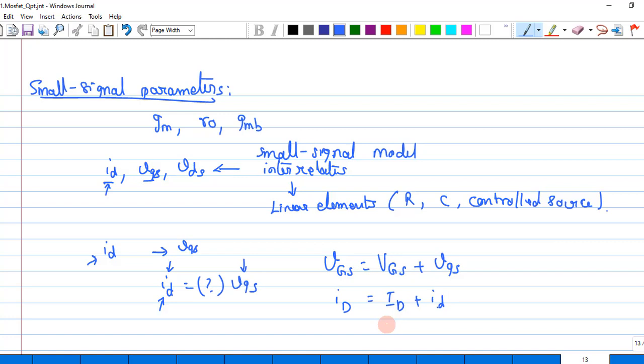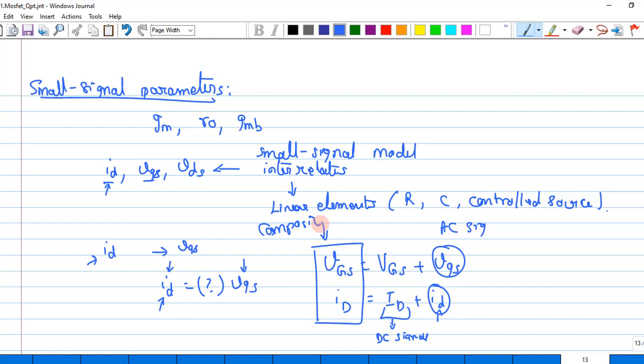Whatever the changes are happening is what we are representing across this AC signal. Generally what I have here is the AC signal, and these terms are nothing but the DC value or the DC signals. I call this entire term the composite signal. Let me try to write the functional dependence of the total drain current